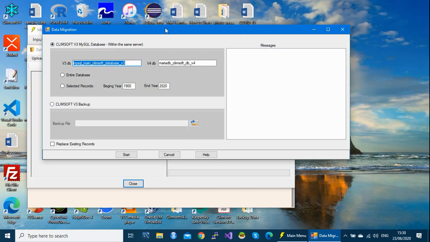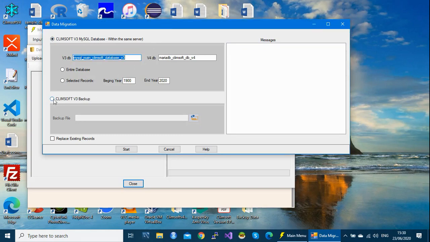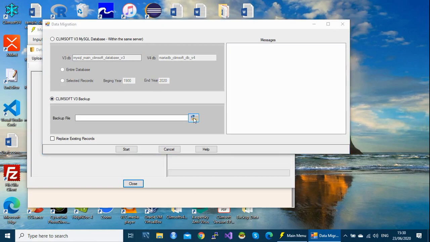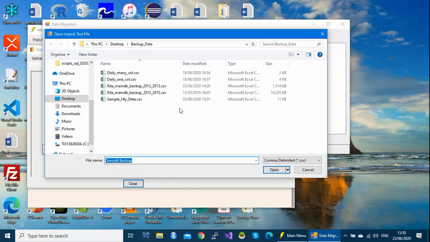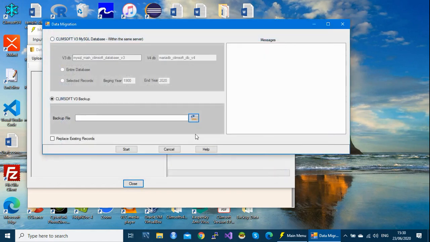So what you need to do is to select this second option, and then you browse to select the file. Come to your folder and select this file. You need to know that this is a CSV file. Open. The system will check the file first of all to see if the file is in good shape. So give it a time. The system is checking, and then you will see the message here. If there is an error message, you will see it here.